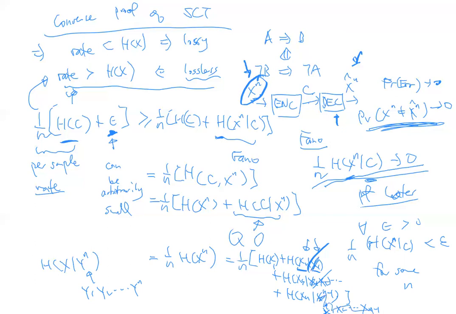And because it's IID, they have the same distribution. Therefore, I will have n H(X), so many of them, right? Then over n, the n cancels, and I just have H(X). So therefore, I indeed get something like